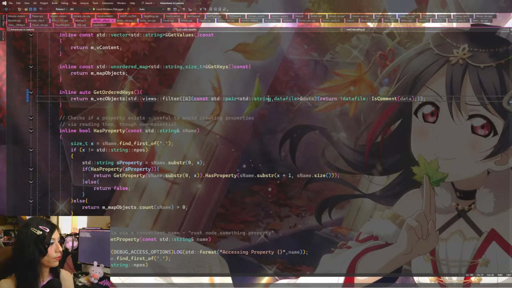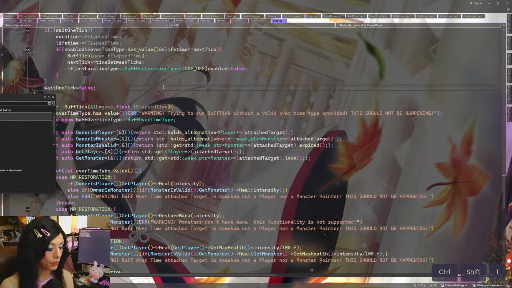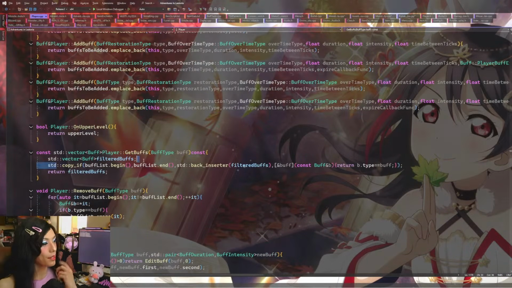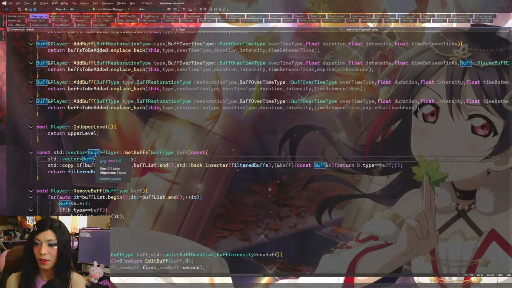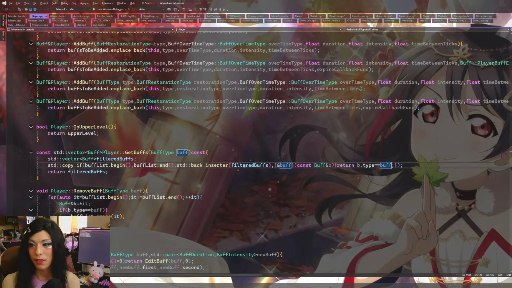So, yeah. And I would argue we want to do the same thing for that buff list thing. Now that I saw it when I was looking at that list, let's go there real quick and see if we can make another optimization. So I think that is specifically the get buffs function. I could be wrong, but I guess they are local to each instance, both player and monster. So get buffs by buff type. We can see here we kind of do a very crude method of this by returning a vector containing buff types with all of these copied in. So